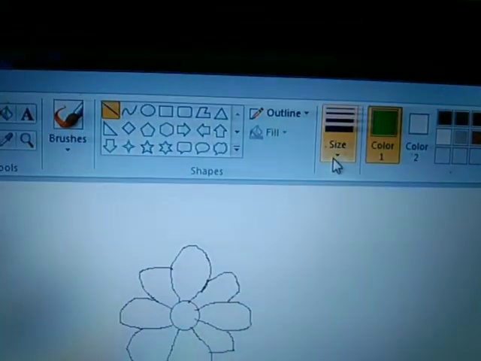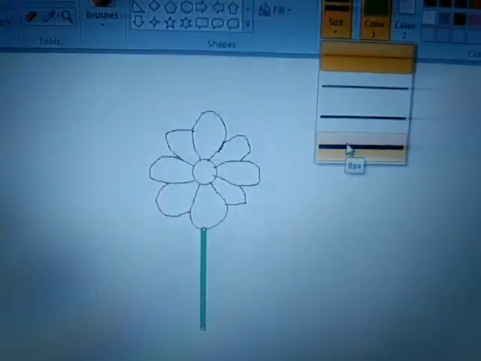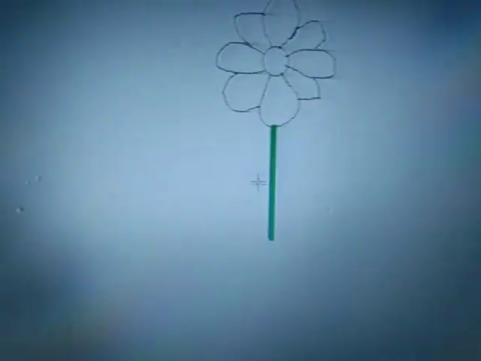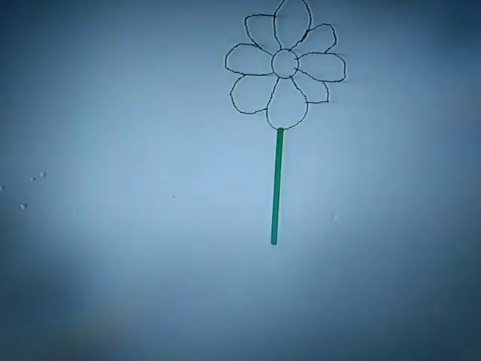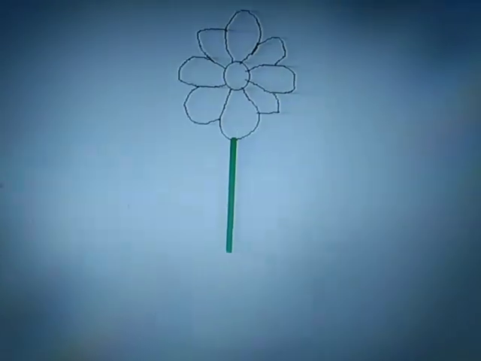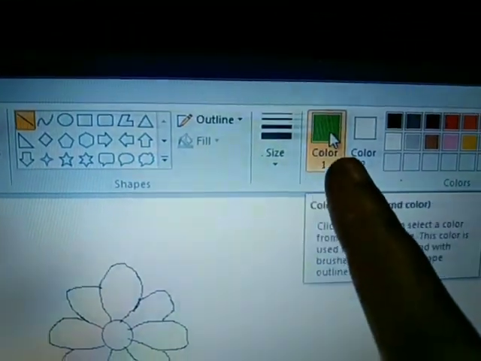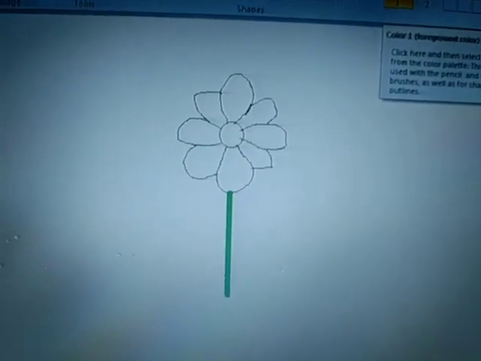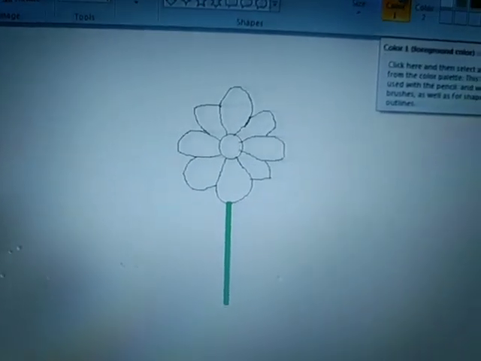So this is the size. This thick one will look nice. Okay, this thick one. And then again the pot also I will draw with the line. I will not use this green color, otherwise the pot will get a green outline. I will draw a brown pot, but I will not use green outlines.